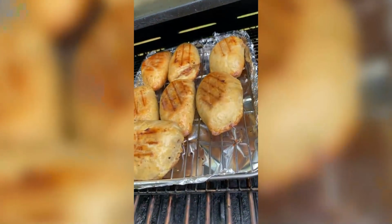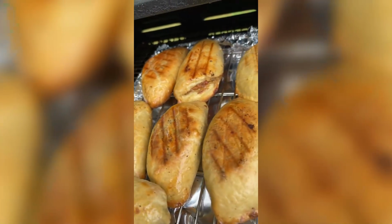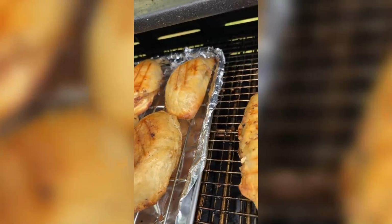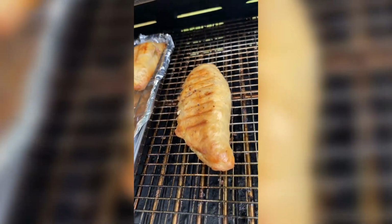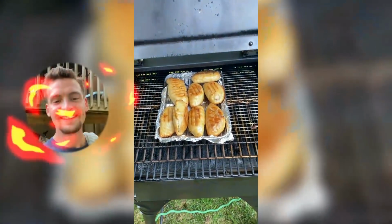And honestly, I'm so happy I saved the extra dough for the second batch. They came out so good. And you know they're good when they got devoured before you're able to get any footage of them getting cut open. Now that's more